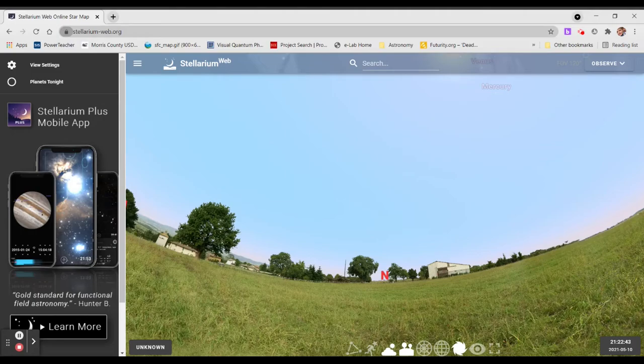When you click on the link and you go to stellariumweb.org, which is the online version, you will get this little notification that asks you if it can learn where you are. And you want to allow this. This is going to change your sky based on your location on Earth. So the sky looks different if you are in different places, particularly if you're changing latitude. So if you're moving north or south, you have a completely different sky than somebody else that's in a different